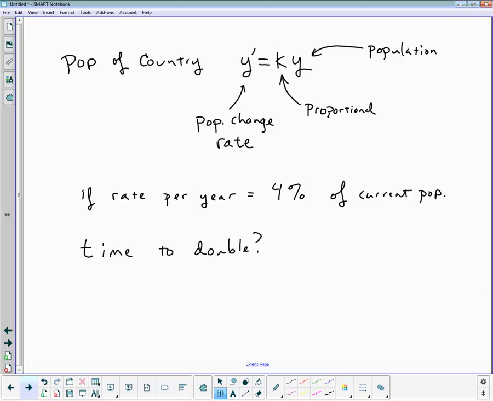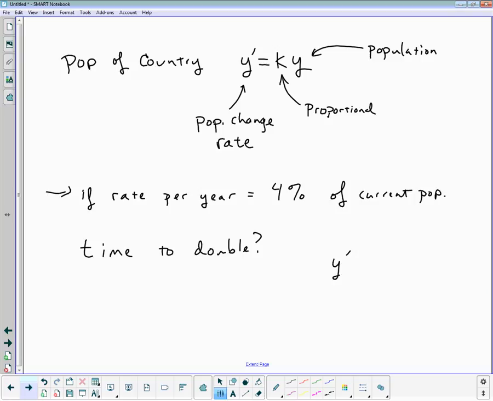Okay, so this kind of question, how long does it take for it to double? How long does it take to triple? If we're doing a decay problem, how long does it take to get to halfway or a tenth or whatever the heck it is? These kinds of things pop up all the time. Now, for a second, before we even get into the second sentence, I want to talk about this one for a minute. The rate per year, so the rate is y prime,